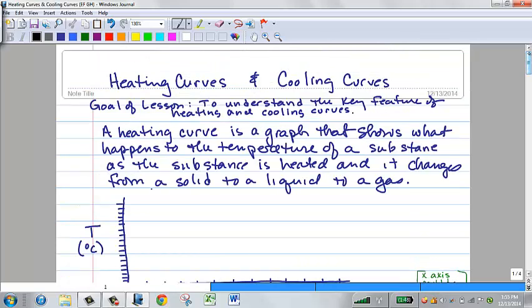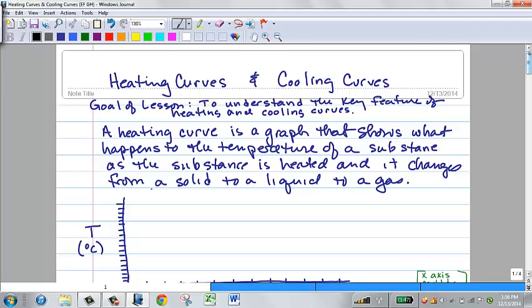Hello. This is a lesson on heating and cooling curves. A heating curve is a graph that shows how temperature changes when you add heat to a substance. Most heating curves have the same shape, regardless of the substance. It could be water, sulfur, iron, or carbon dioxide, but the curves will have the same shape, and we can get some key information about the substance by reading various phases